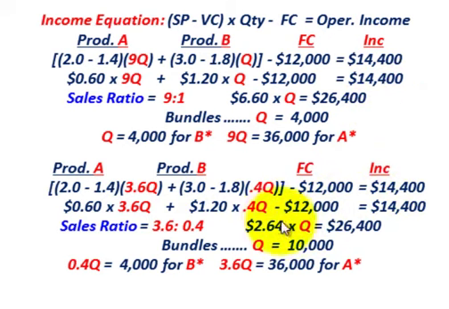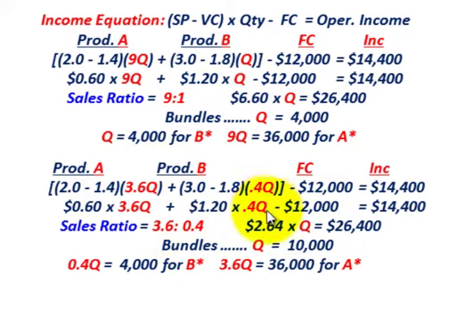And solving for Q, we'd have our total contribution margin being $2.64. That's what we used up above, and that's really that factoring that we had here. 660 divided by 2.5 got us down to 264, and then that again equals, moving our fixed cost over here, we're going to solve for our quantity, and our quantity is going to be 10,000. Up above we had 4,000 here, and that's where we'll be using this conversion ratio, converting that 9-to-1 into 3.6 to 0.4. We come up with 10,000 bundles, and then looking at it in this case,